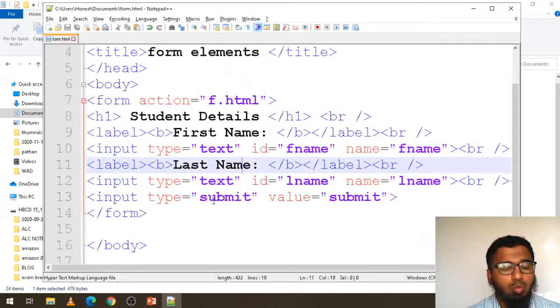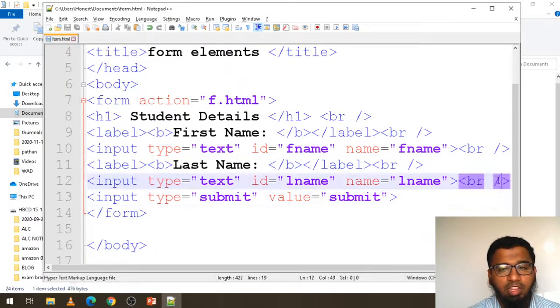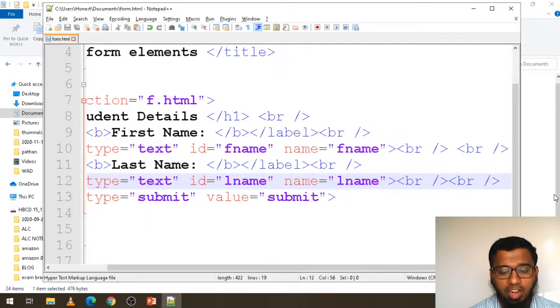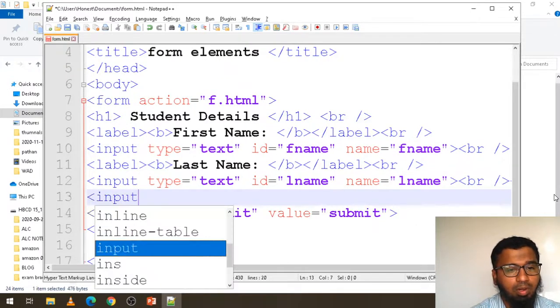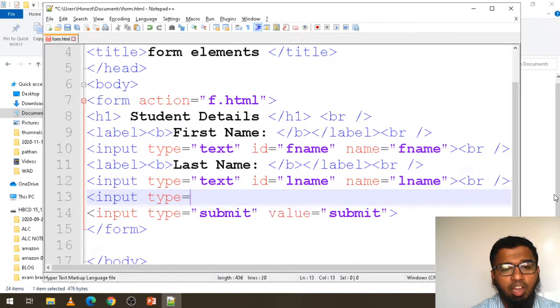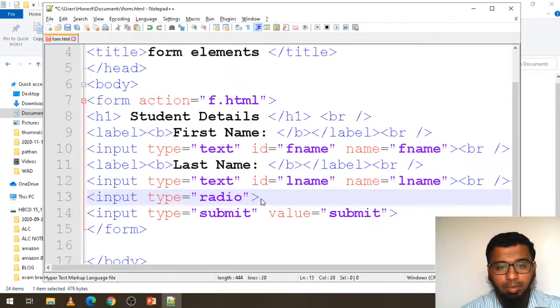in how to create text box, how to create submit button. In the same way, we can create input type radio. Okay, input type radio. So here you need to give ID.